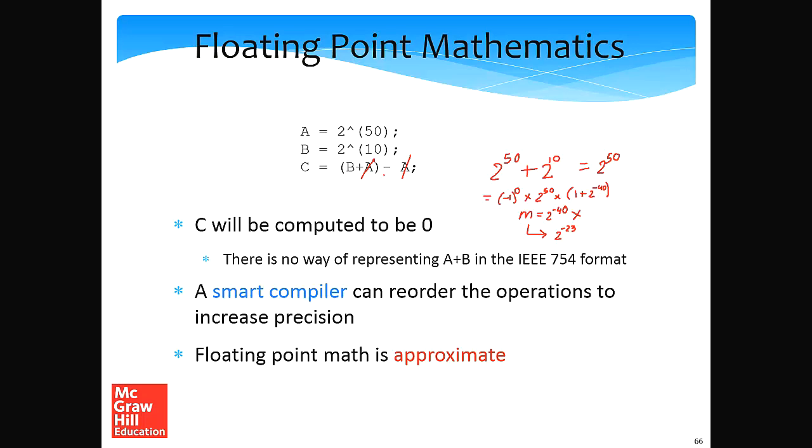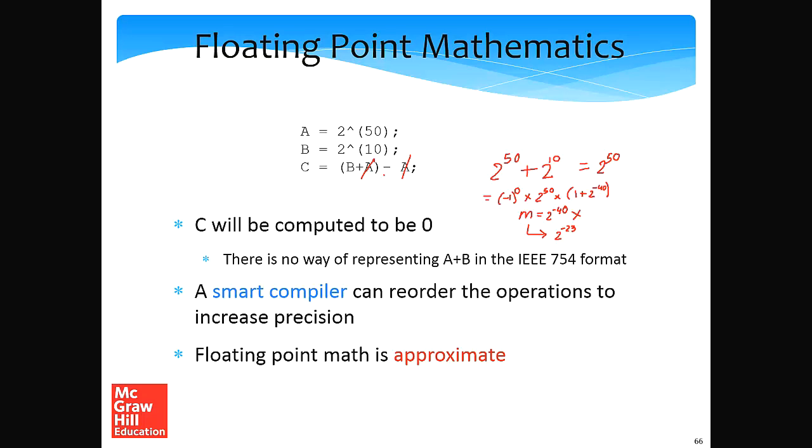So what a lot of smart compilers can possibly do is reorder the operations to increase precision, and in this case actually break down the bracket. But this is again not what the programmer wants. So there is a big gray area over here. But the most important thing that we need to understand is that floating point math is approximate. It's not exact. The reason it is approximate is because we have a limited number of bits, and with those limited bits, and also with a lot of constraints, we can only represent a very limited set of numbers within our constraints.